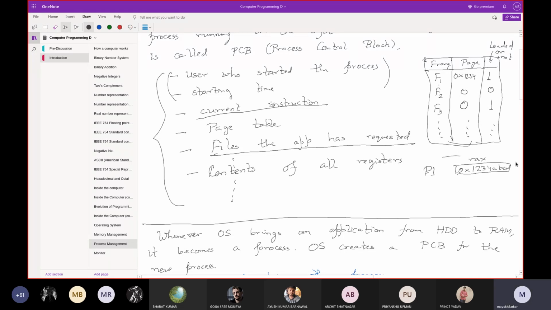Now this process is going to be switched. P2 is about to arrive for the CPU. But the last time P2 left, it had some different content in the RAX register.